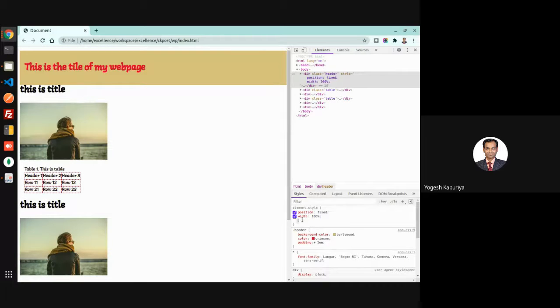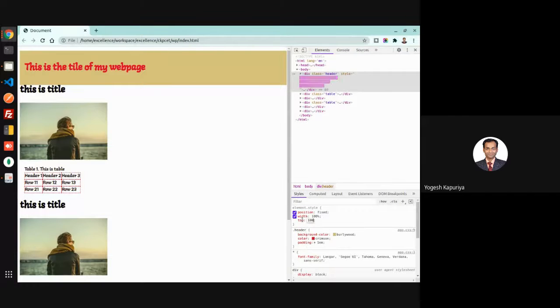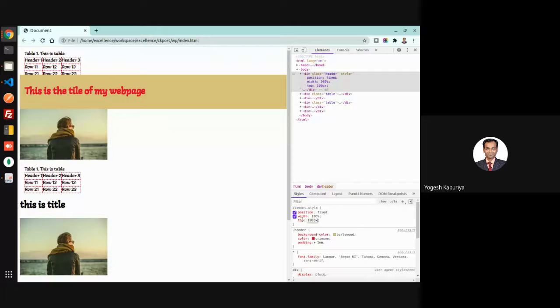Now you can always change it. So when you apply position as fixed, then you can also give properties like, let's say, I'm writing top as 100 pixel. Okay, I can also write something like this.